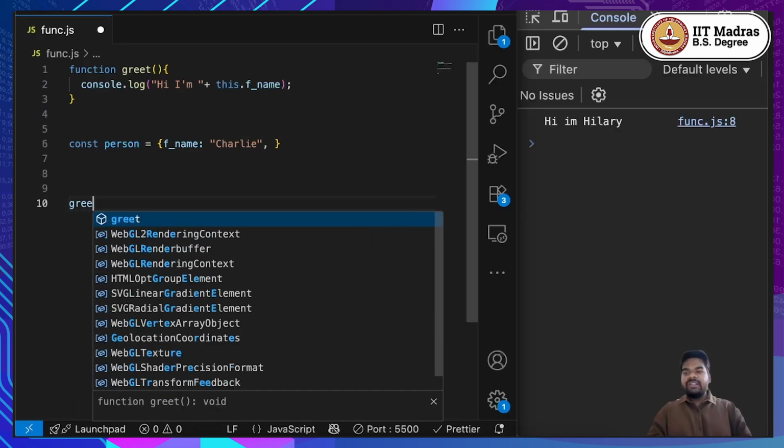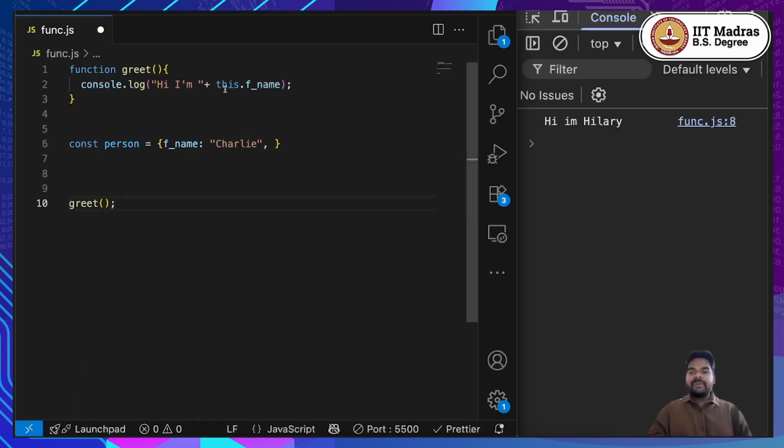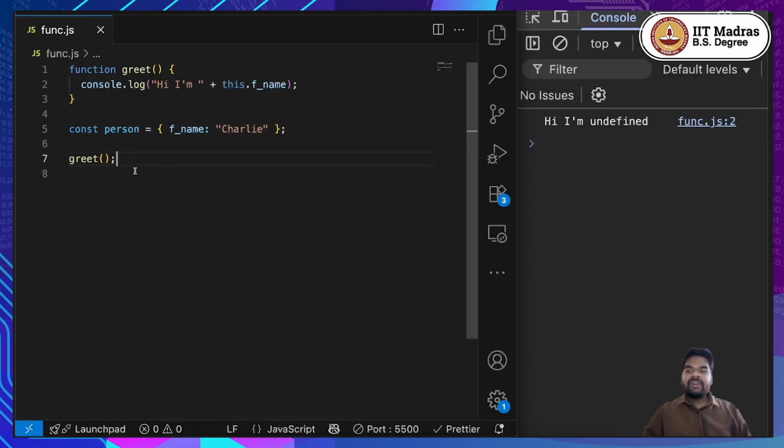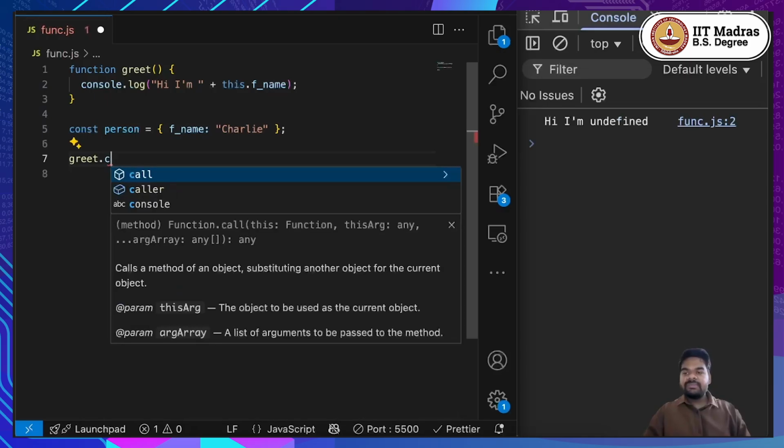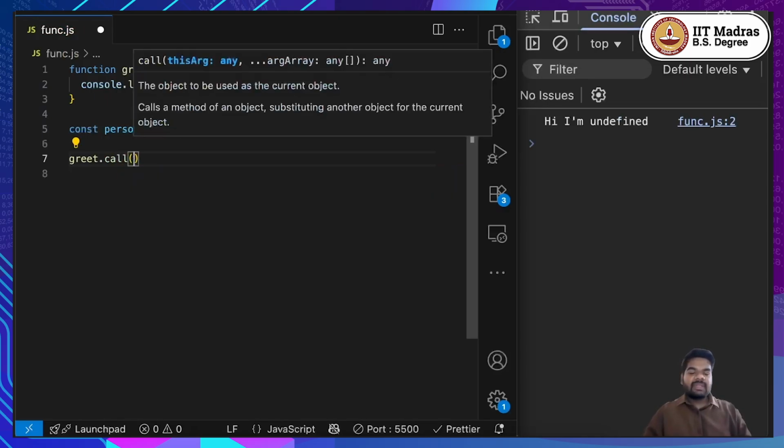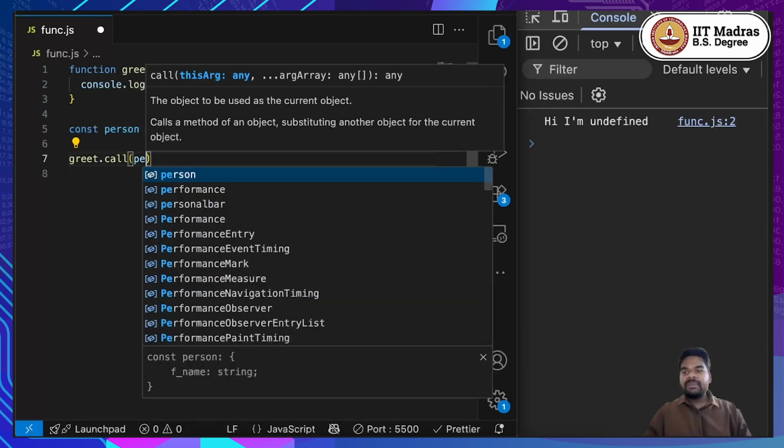If I directly call this function greet, this would be the window or the global object, because on the left hand side we don't have anything that is calling the method. Hi, I'm undefined. If I want to call this with a context of something else, I would say greet, the name of the function, dot call,